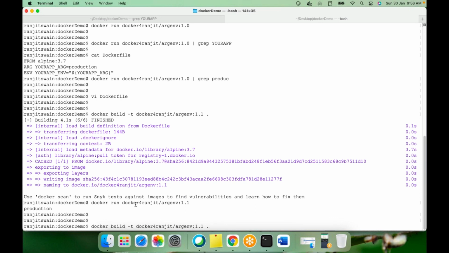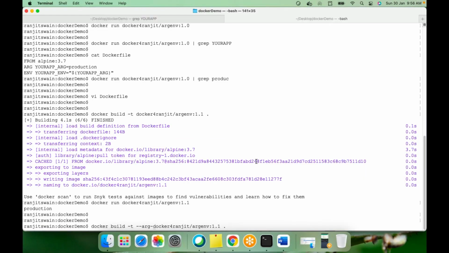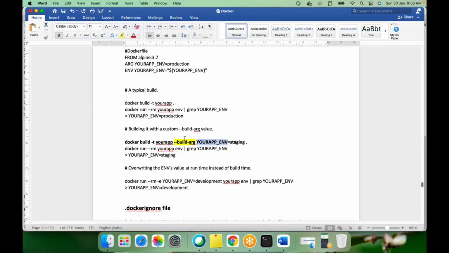Let me run this one. See, it gives me production. It gives me production because this production value is there in the Docker file. The argument's value, production, is in the Docker file. Okay, I want to modify that. I don't want to run this image as production. Instead, what I can do while building this image is pass